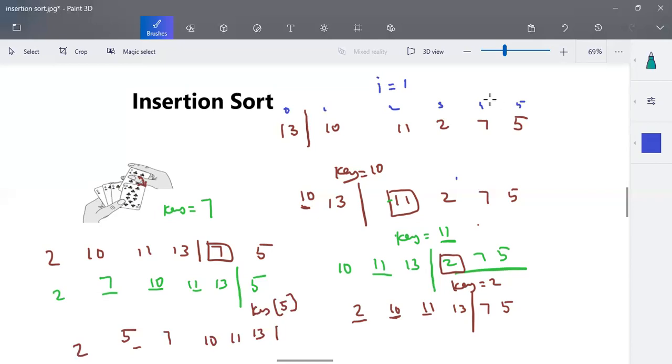And now we are going to have an inner loop. This key position has to be moved from 1 to n minus 1. So we can have an outer for loop as for i equal to 1, i less than n, and i plus plus. For all these elements, the outer for loop has to run.